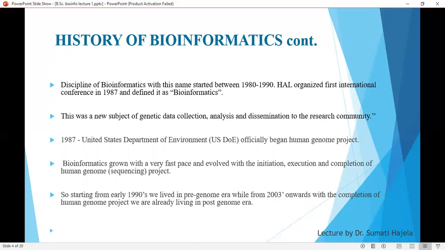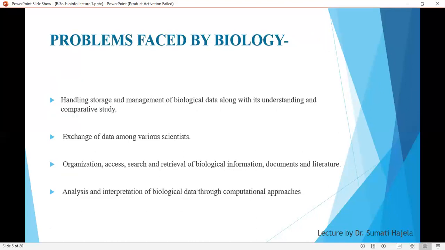So, starting from the early 1990s, we lived in the pre-genome era, when we didn't know the sequence of our DNA or chromosomes or whole genome, till 2003, when the Human Genome Project was complete. At that time, we were in the genome era, and after that, we are now living in the post-genome era. Research is still going on, and we are analyzing various genes, their organizations, various mutations, and their causes in the genes, and various parts of our genome, because now we know the sequence. Before that,